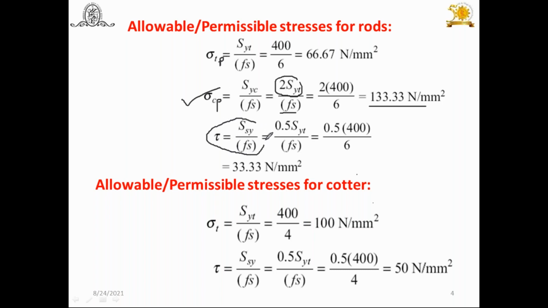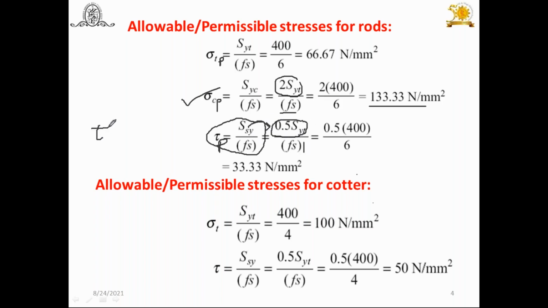Now the quarter is going to fail here. Spigot is also going to fail, shear stresses are going to be induced in the spigot also. You know very well, because of the axial tensile force. So here we have to find out the shear stress permissible, tau P. How to find out this tau P? Tau P is equal to SSY upon FOS. But what is SSY? You know very well, 0.5 SYT. This is according to maximum shear stress theory, divided by FOS.